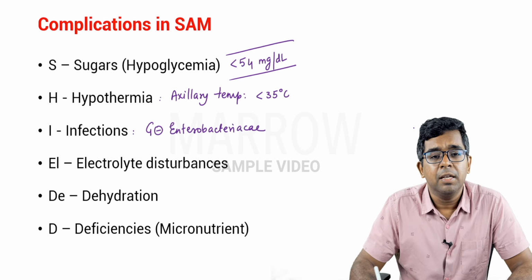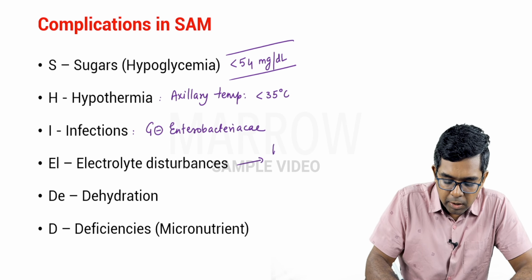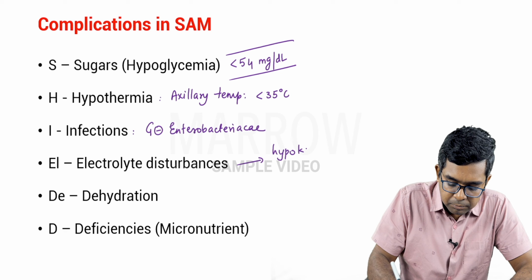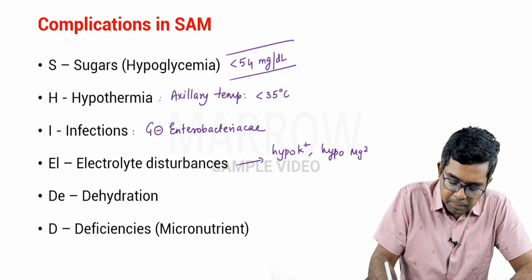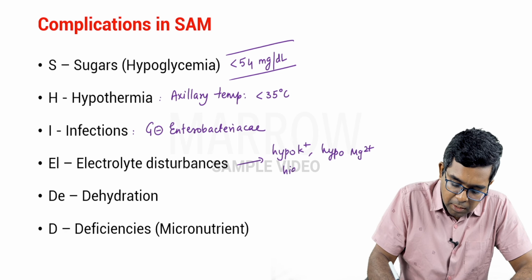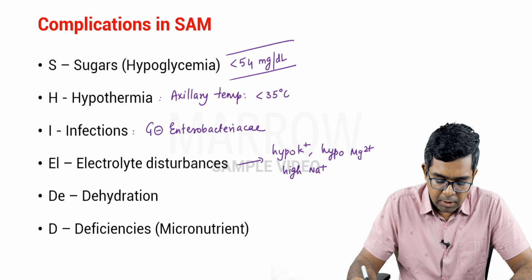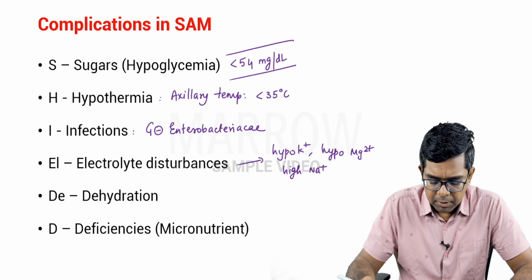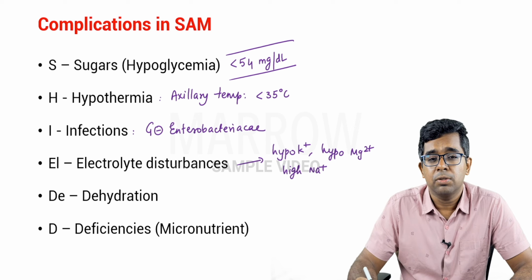Okay. Then EL for electrolyte imbalances. Electrolyte imbalances commonly include hypokalemia, hypomagnesemia, as well as high sodium. These are the important electrolyte disturbances. Then we have dehydration as a complication which can occur, and D is for the deficiencies, which includes all the